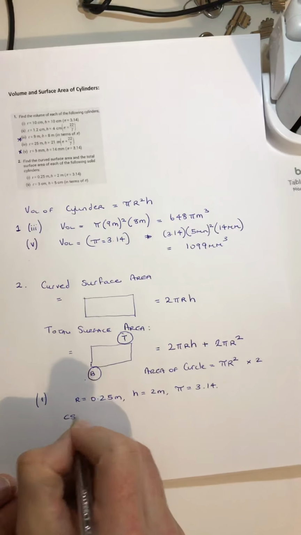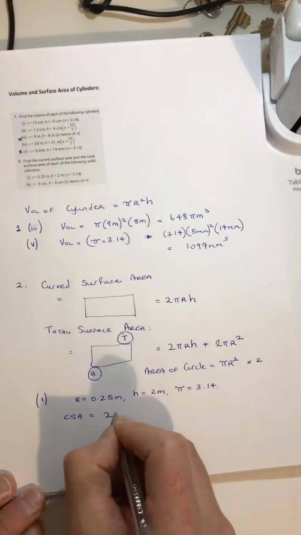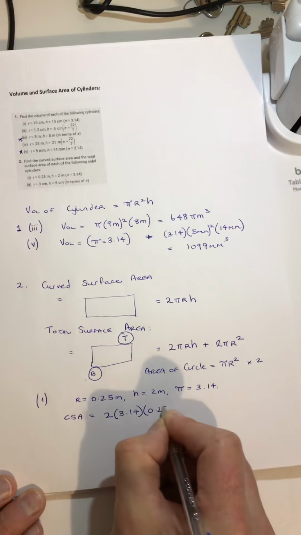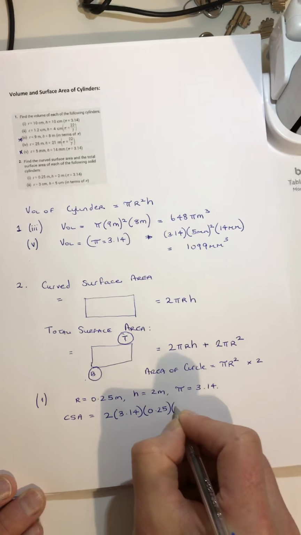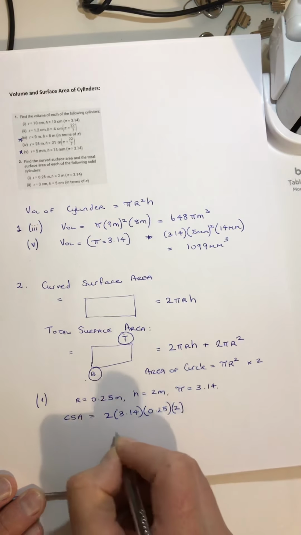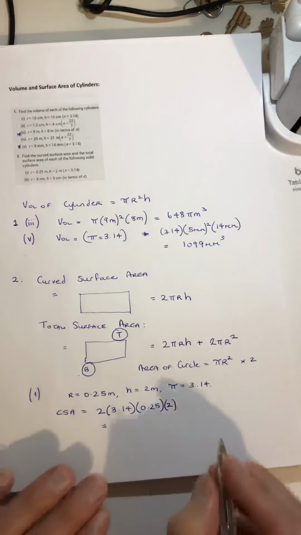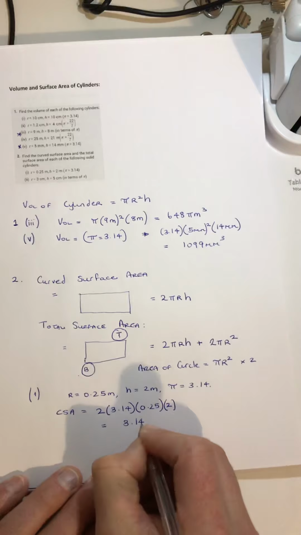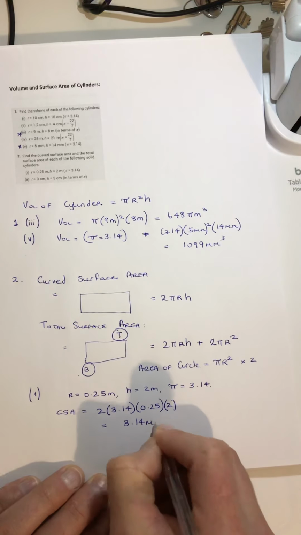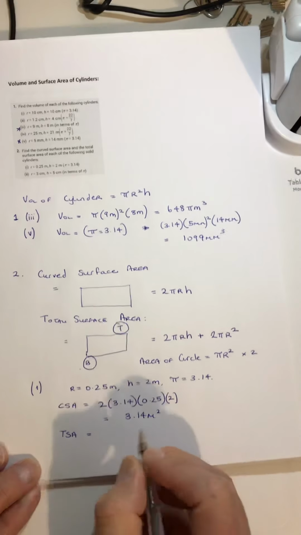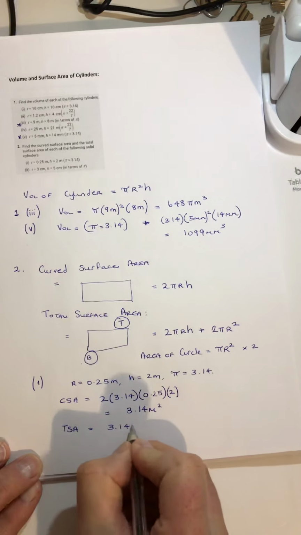So the curved surface area will be 2 times 3.14 times 0.25 times 2, which is equal to 3.14 meters squared, and the total surface area will be equal to 3.14 meters squared